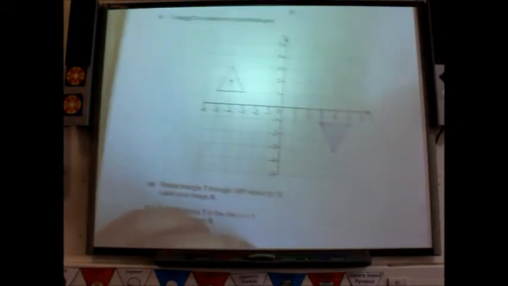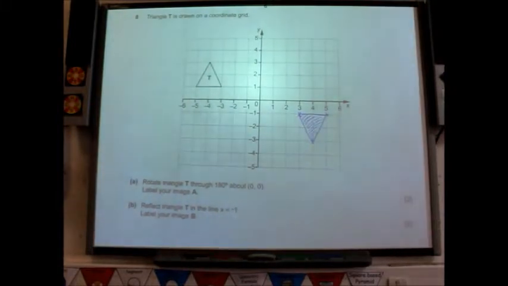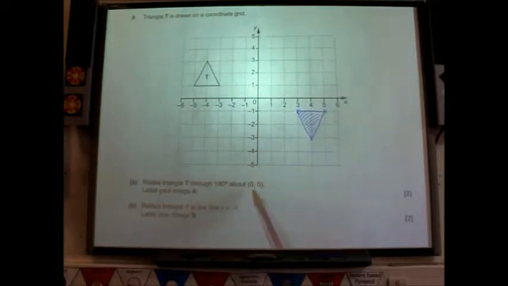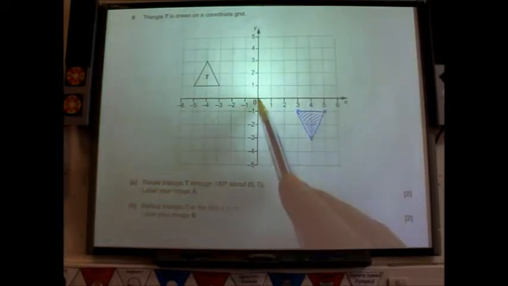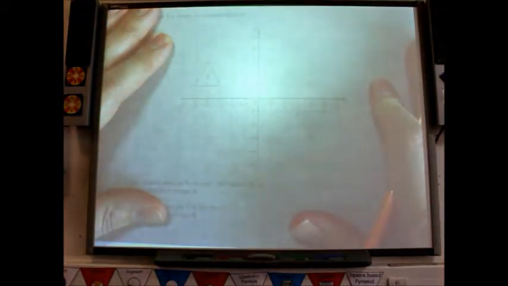Next question. Question 8. This is the first one of the transformations questions we've got. Rotate triangle T, so rotate means turn it, through 180 degrees, so that's half a turn, around 0, 0. And 0, 0 is the origin there, that's right in the middle. So I've already done it, you can see, but you'll need some tracing paper, and you lay that over the top like this. Apologies, this does not show up massively well, but I hope you can see it a little bit. So you sketch around the triangle,